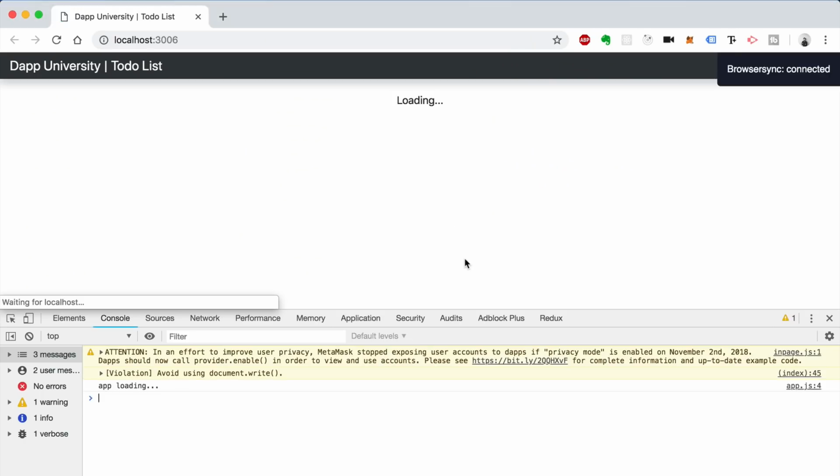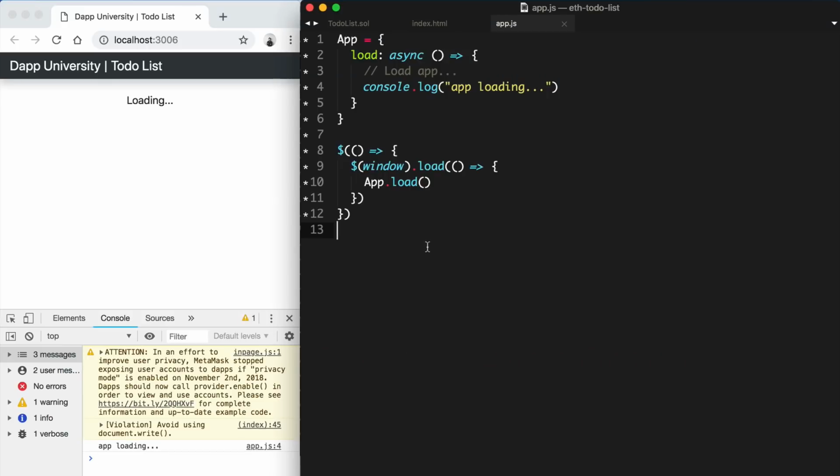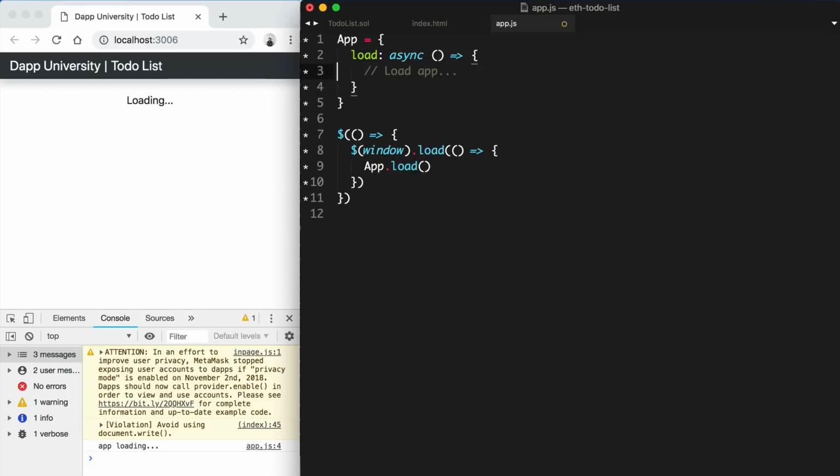All right, so let's reload. All right, so we can see the app's actually loading. Now I'm actually going to put these windows side by side, and you can see that this to-do list is actually responsive, which is cool. We'll be able to see the tasks right here and be able to focus on the code while we're doing this. The first thing we want to do inside this load function is actually say await